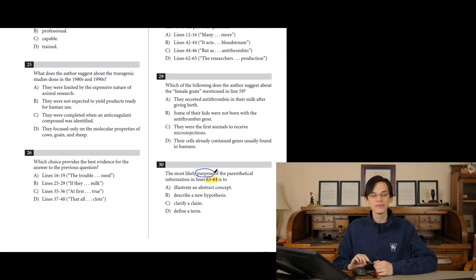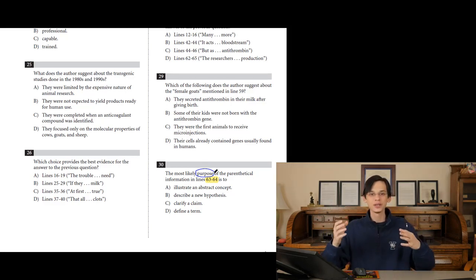If we didn't have that in the piece, what do we no longer know? That, I think, is the best way of thinking about purpose sometimes. Get rid of it and ask yourself, what do we no longer know? Whatever we don't know anymore as a result of that lack of information is the purpose or the reason why it was there in the first place.